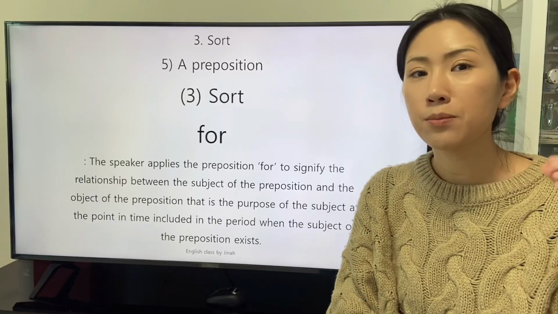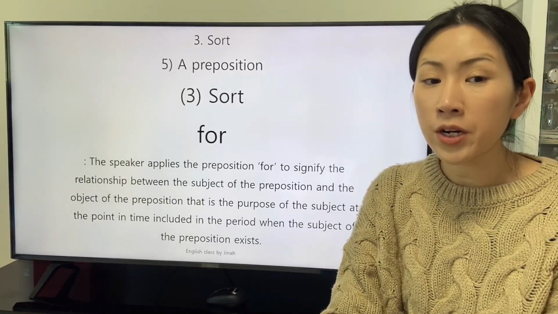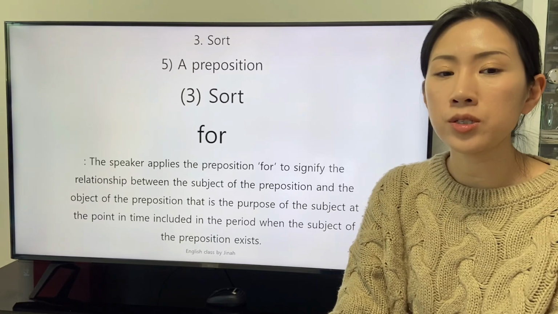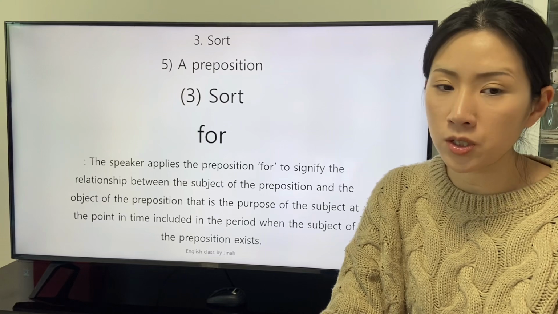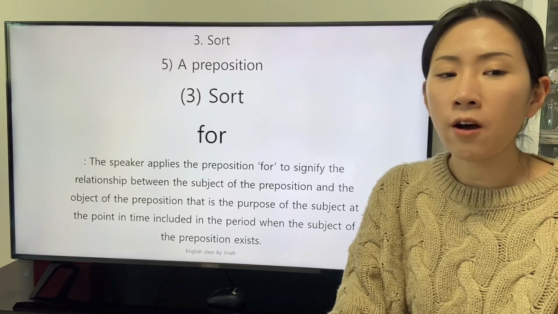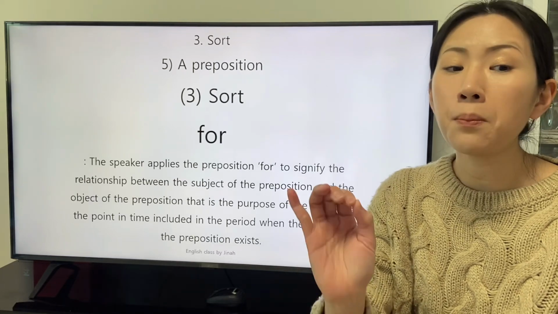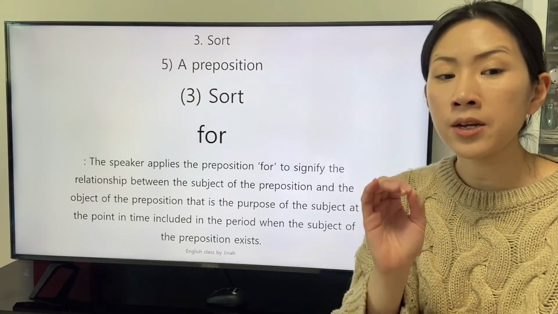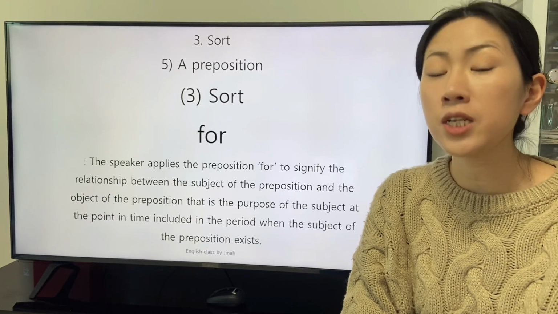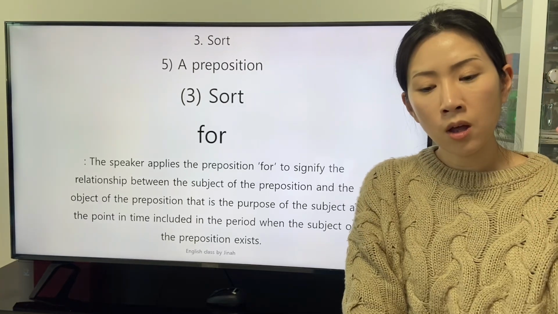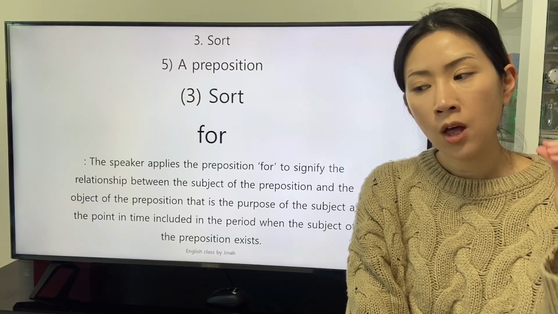The next preposition we will study is the preposition for. The speaker applies the preposition for to signify the relationship between the subject of the preposition and the object of the preposition, that is the purpose of the subject at the point in time included in the period when the subject of the preposition exists. The definition of the preposition for describes the purpose